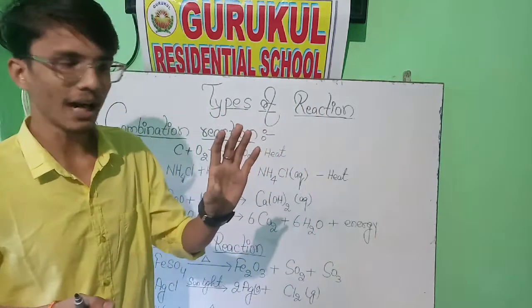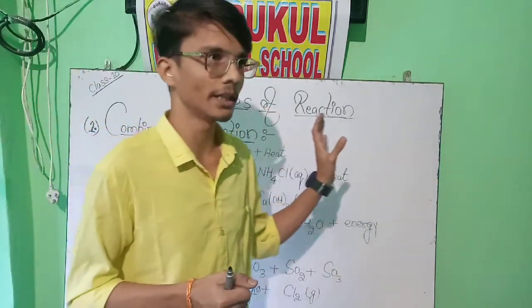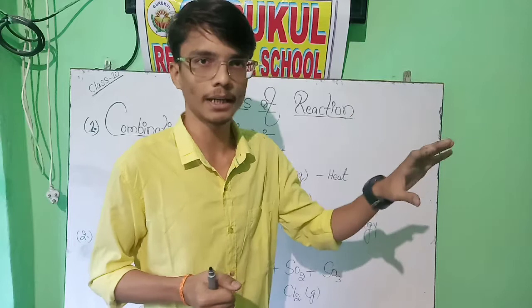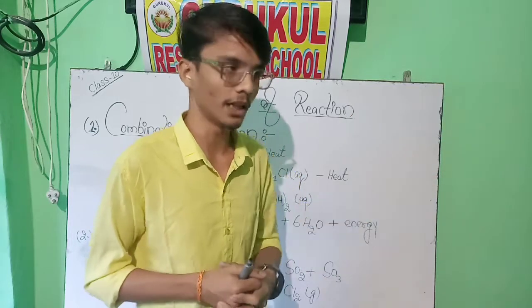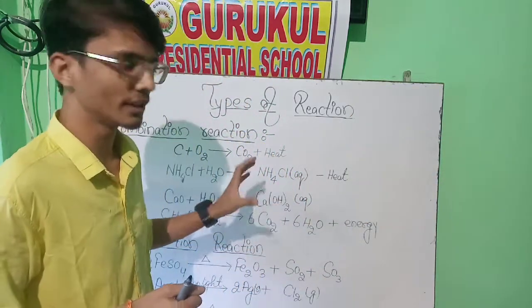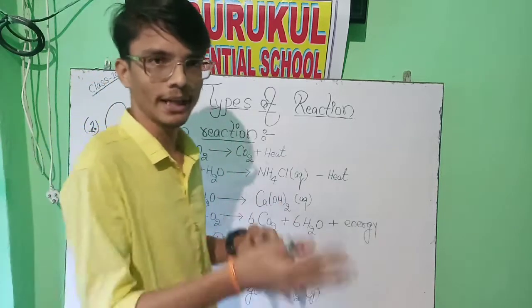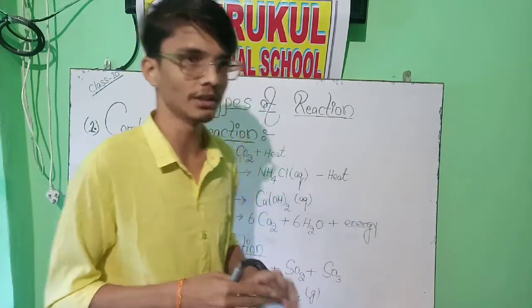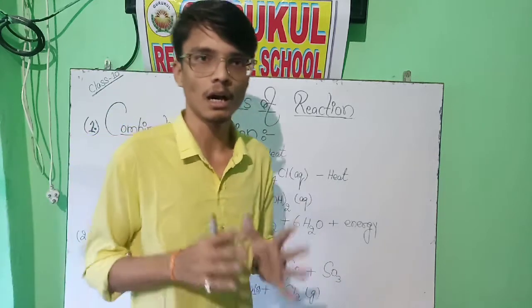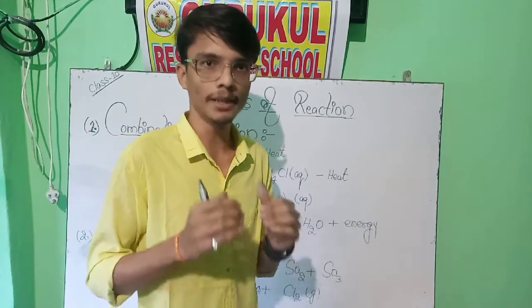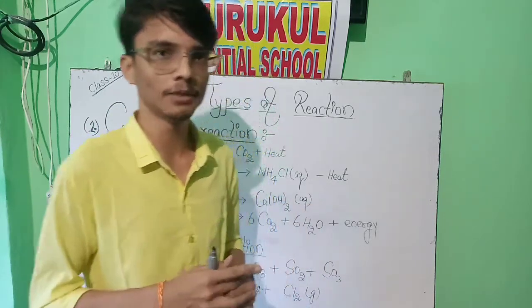Many students ask me, sir, can you give some more examples of how we can balance a chemical equation. So in this video also we will see many reactions, and how we can balance an unbalanced chemical equation. This is very important. Whenever we write a chemical equation, it should be in balanced form, then only they will give full marks.